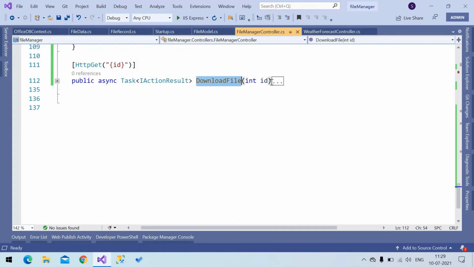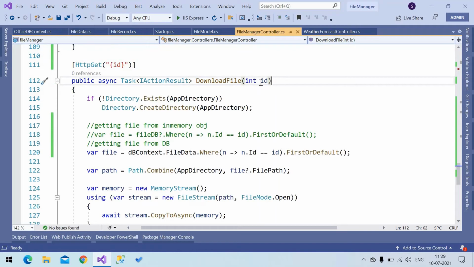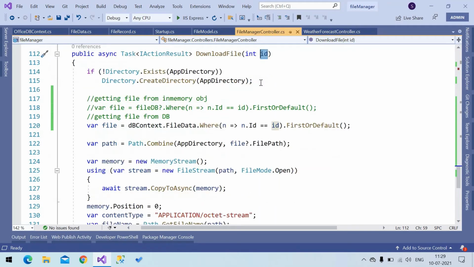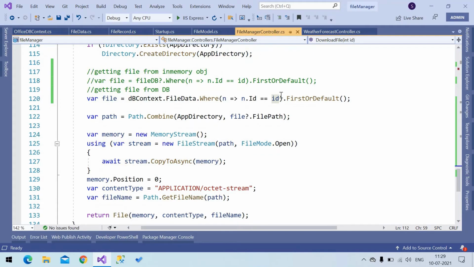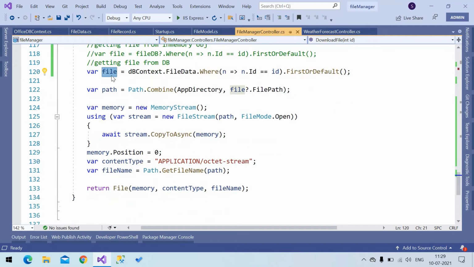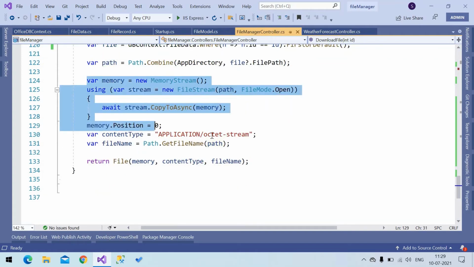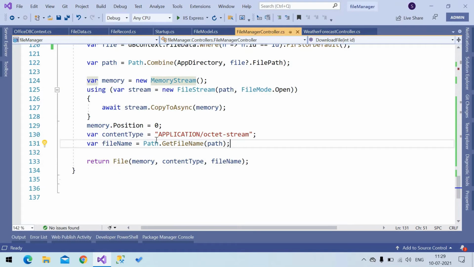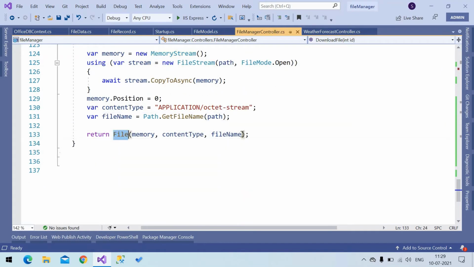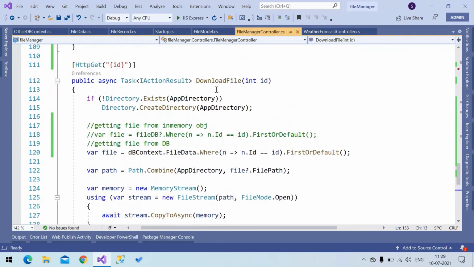This is the file download part. So it will take ID as input, the file ID. So with the ID, we will get the file information from the database table. So once the file information is returned from the database, then we are getting the file path. So once we got the path, we are creating the file stream. Then we are responding back with the file stream. So we are giving a file stream as a download. Okay, this is the file download part.